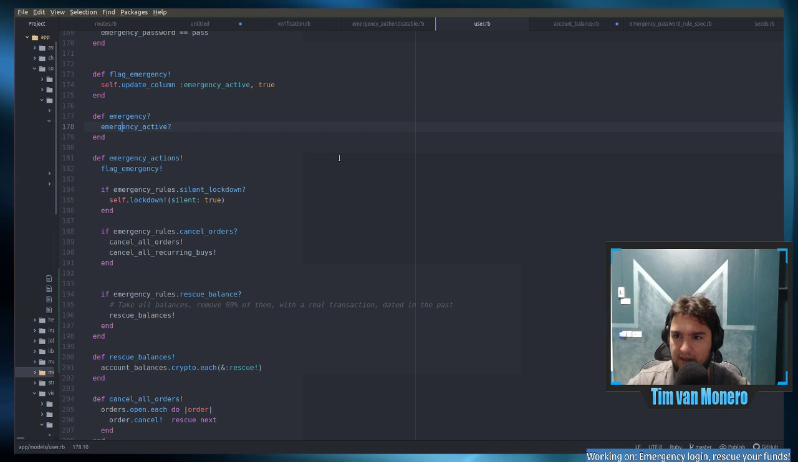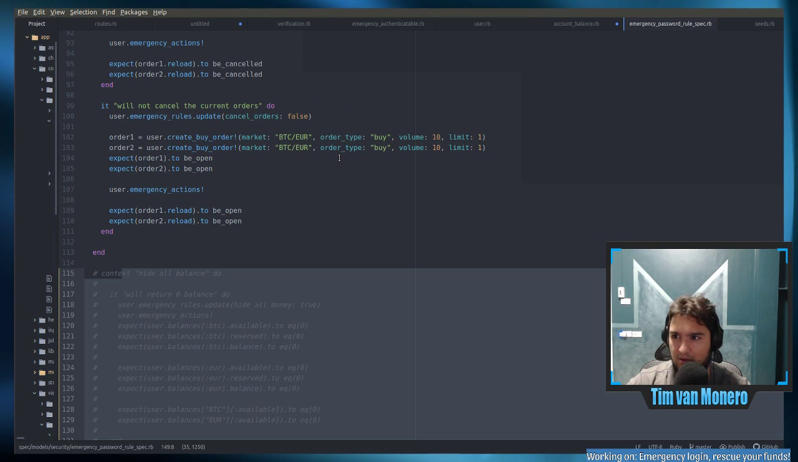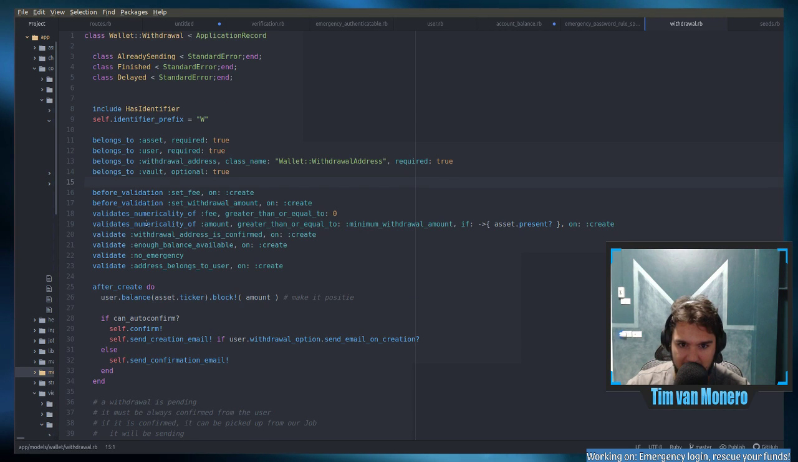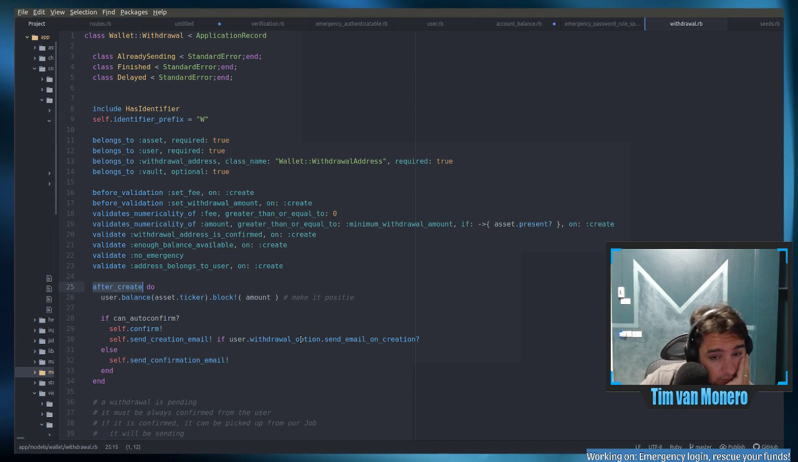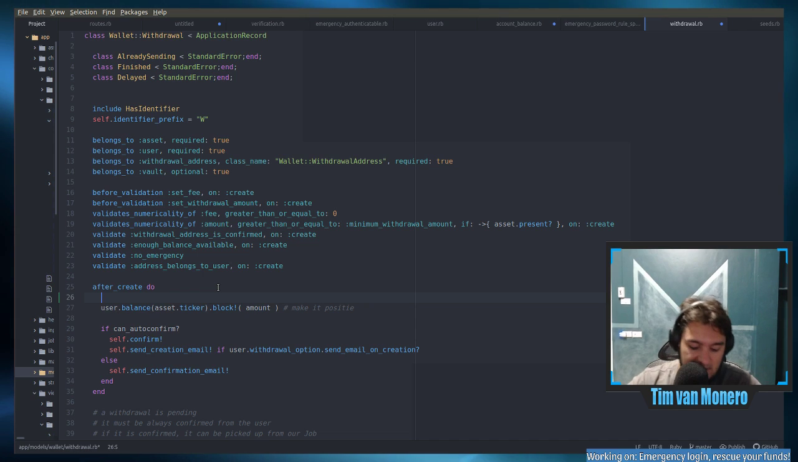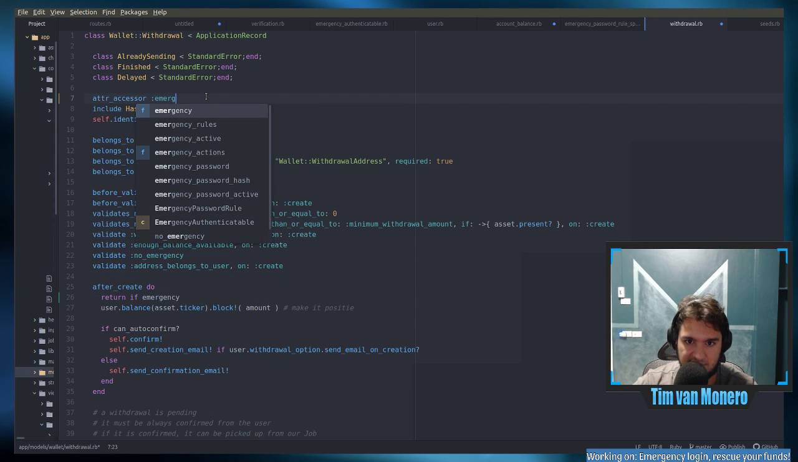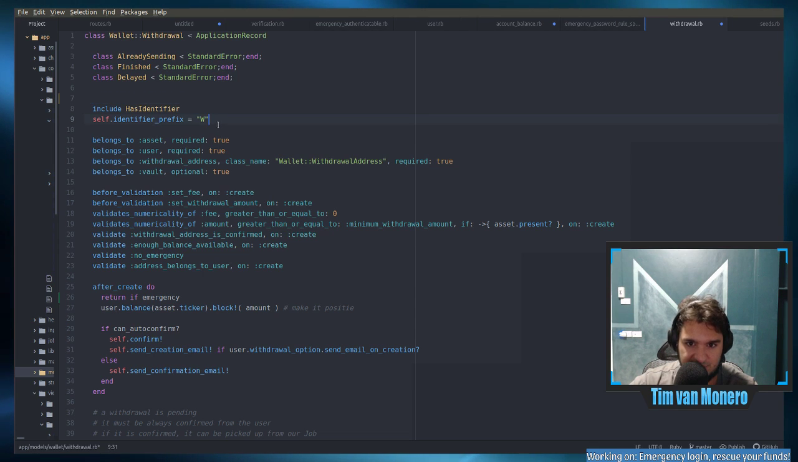Let's quickly have a look here. User wallet withdrawal. I don't want these blocking it. There's these. This is exactly the after create do. So we can say actually return if emergency. There we go, and we say attribute assessor emergency. And this is how we skip all